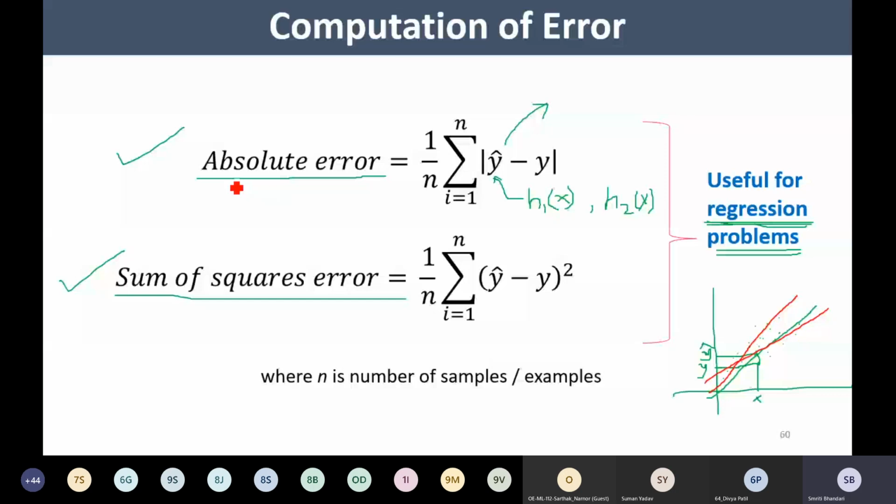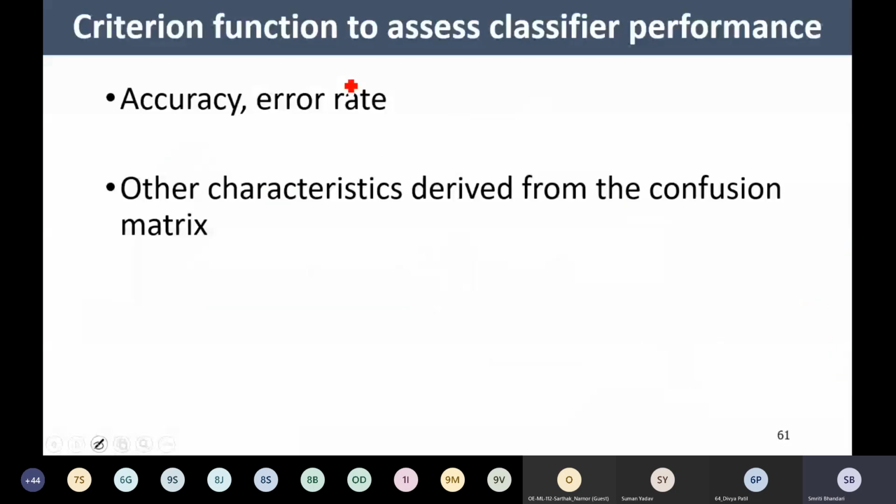Now if my task is a classification task, then I may have performance metrics like accuracy and error rate, and there are a few more metrics derived from what we call the confusion matrix. So for the classification task, we have accuracy, error rate, and also a few other metrics like precision, recall,